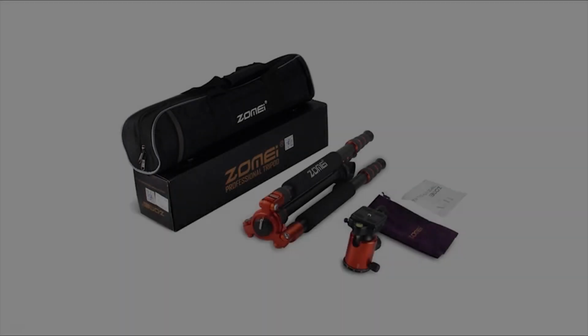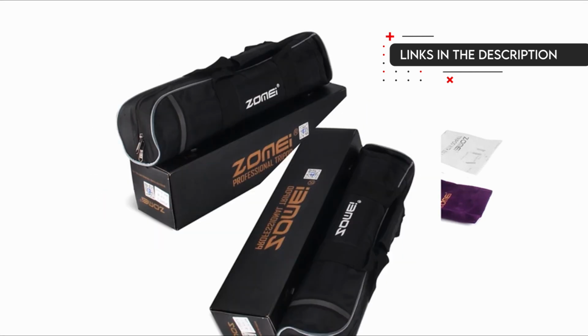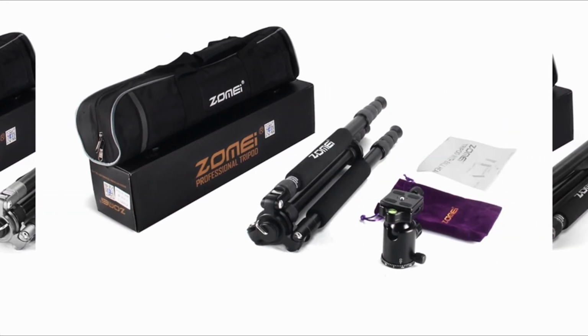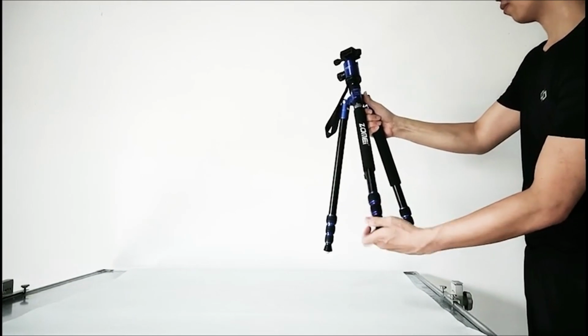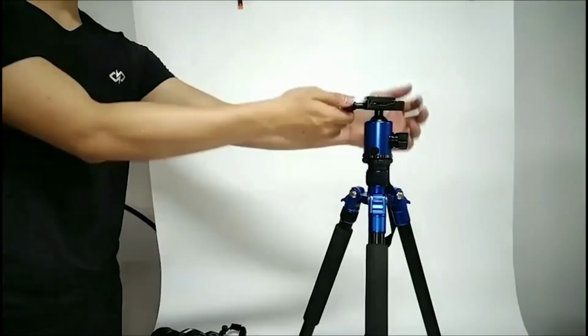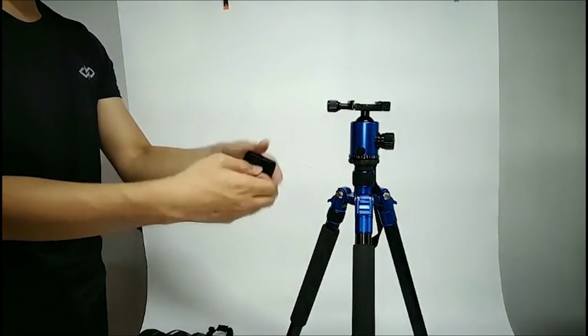On number 3, ZOMEI ZITE 118 Tall Camera Tripod 65. The ZOMEI ZITE 118 is a versatile tripod offering a height range from 18 inches to 65 inches. Weighing just 3.7 pounds, it's a great lightweight option for both indoor and outdoor photography. It supports up to 33 pounds of equipment, so whether you're capturing action shots or filming landscapes, this tripod can